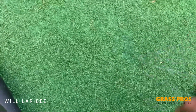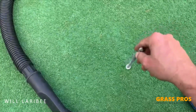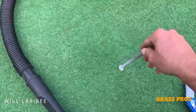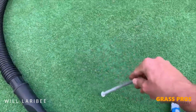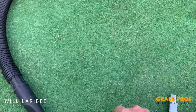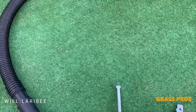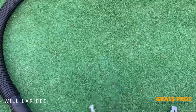The reason why I like to do that is because if you cut the cups out first and then decide to sand, what you're trying to avoid is pushing sand down inside the cup, and you lose a lot of your sand. To avoid that, you'll end up working around the cup and not getting even coverage everywhere, and it just becomes harder to fill the sand in. So I like to sand everything first, but I mark the holes and put a nail in the turf, and I sand everything,